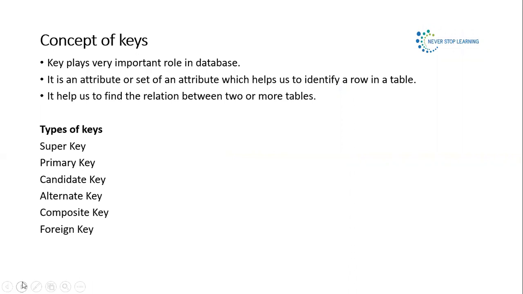So what happens when we work on real world applications? A table could contain thousands of records. There can be large records which we can store in a table, and there are multiple tables. And the problem is each column has a name, but rows or tuples don't have any name. So the record could be duplicated also.